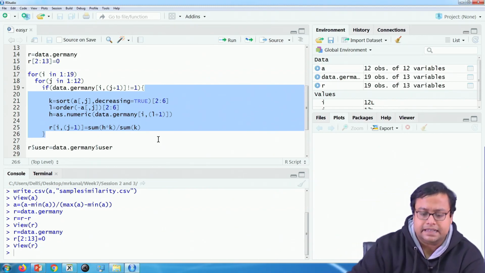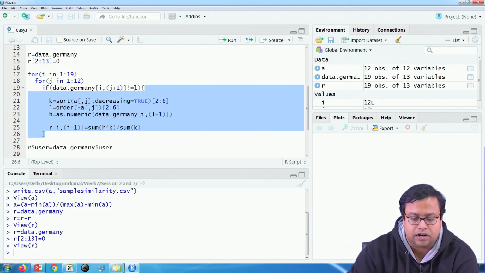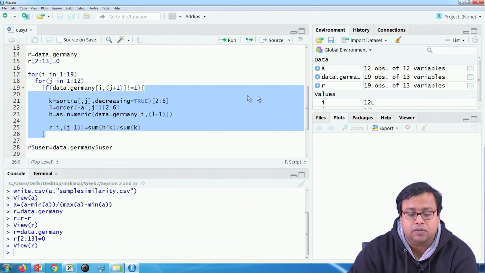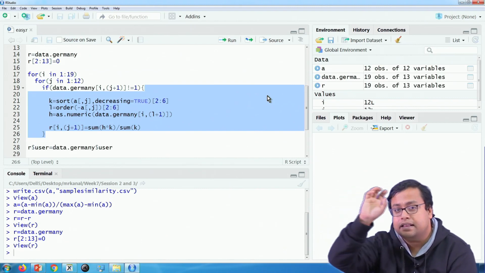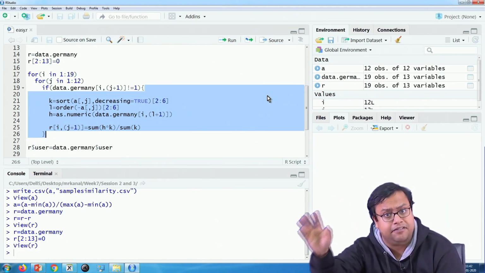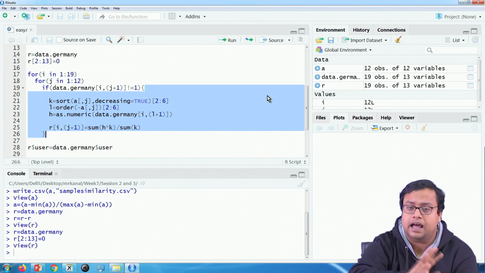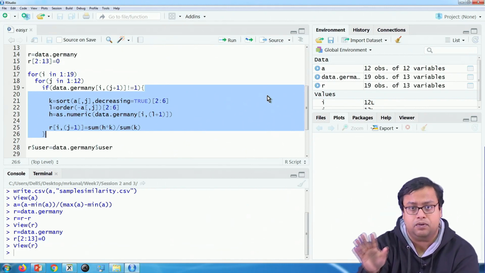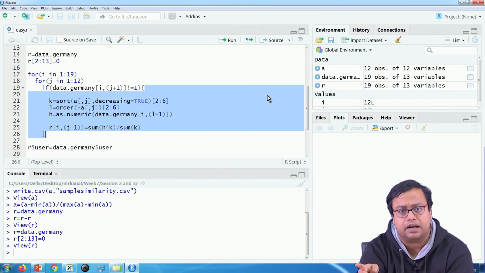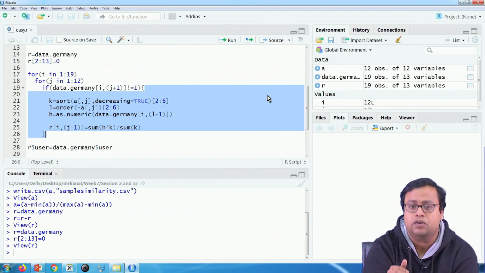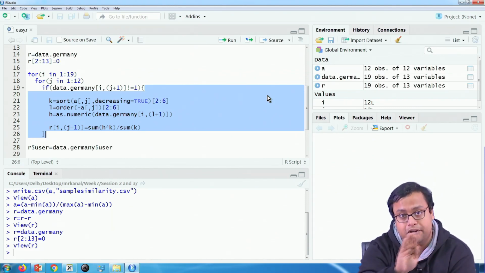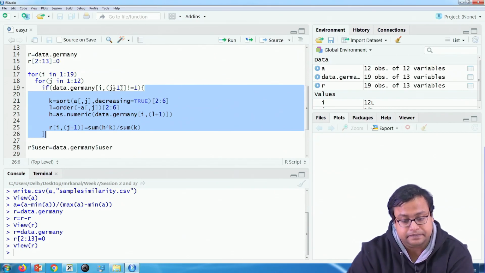If by chance this value is equal to 1, that means in the purchase data the third customer has seen the fifth product, then I will not recommend that product anymore. If the third customer has not seen the fifth product, then I may recommend based on the calculations that we are going to do. But if he has already seen, I will never recommend. So, that is why this.